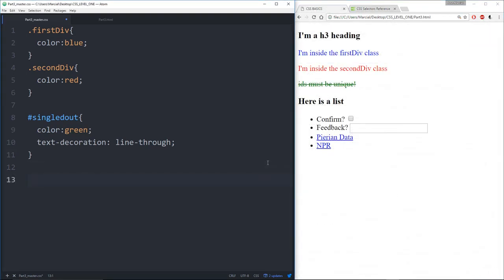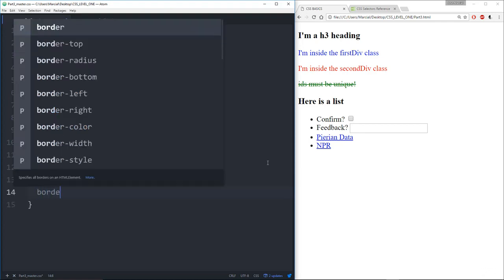All right, so let's show an example of one of those CSS selectors known as adjacent siblings, and that has to do with elements that are next to each other. Let's imagine that I wanted to select all unordered list items that are next to an H3, a heading 3. I would do this. I'd say heading 3, and then I use the plus operator. Unordered list, curly braces, and then whatever property I wanted. So let's give them a border,